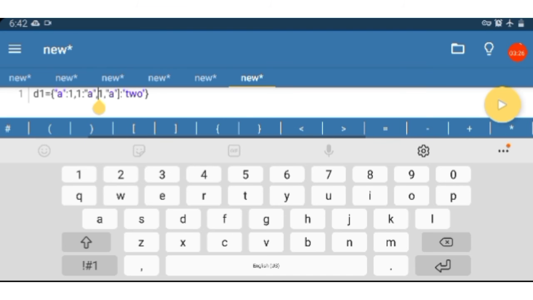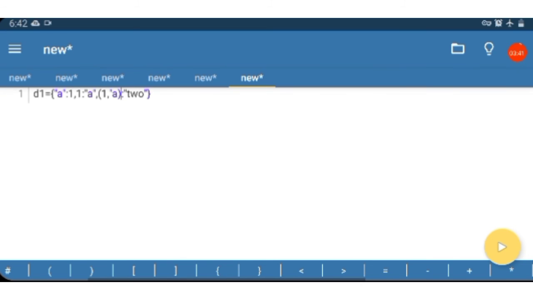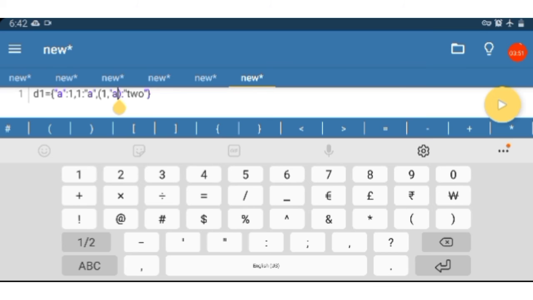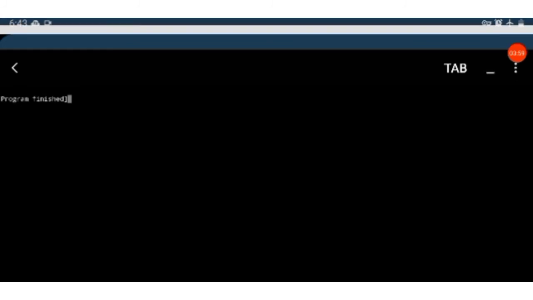So a tuple can be made like this. Now the error is resolved.